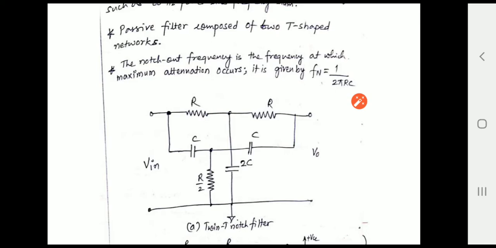capacitor values. For example, if I want to design this circuit only to attenuate or eliminate the 60 Hz frequency, by selecting the capacitor value less than 1 microfarad, then I can find the value of resistor R by substituting the C value and the frequency which we know, that is 60 Hz. Based on that we can find the value of R. If you don't select the capacitor value less than 1 microfarad, then the resistance value comes within the range of kilo ohms. So that may not limit the current or sustain the heat of the circuit. That's why we need to select the capacitor value less than or equal to 1 microfarad.